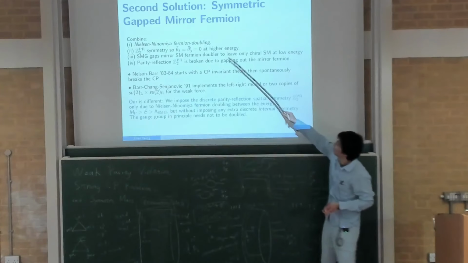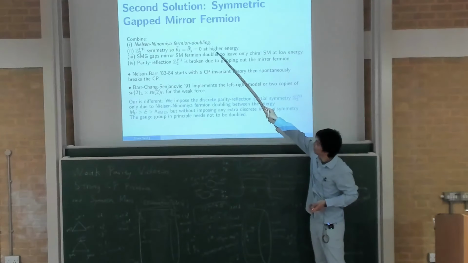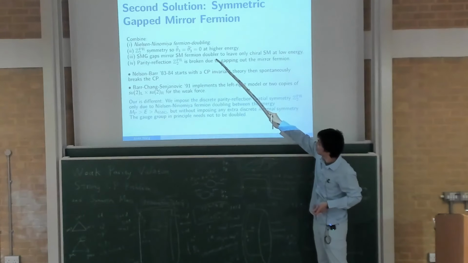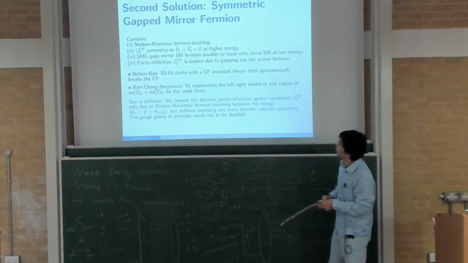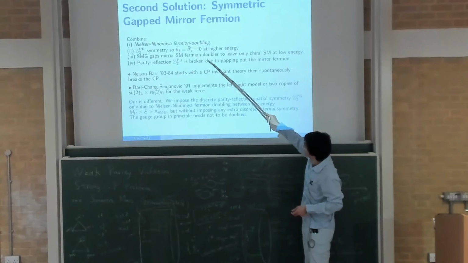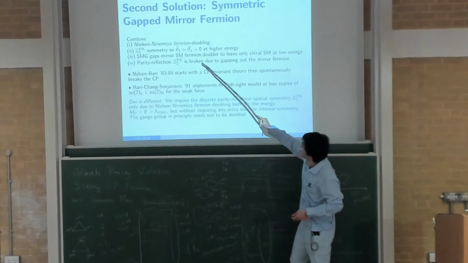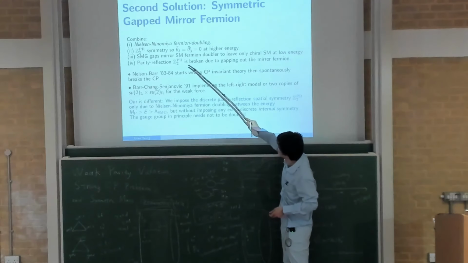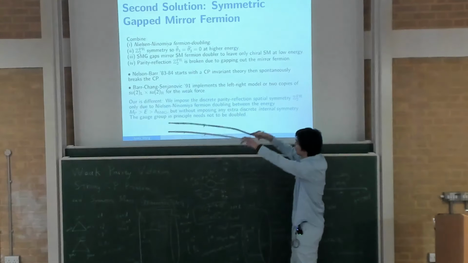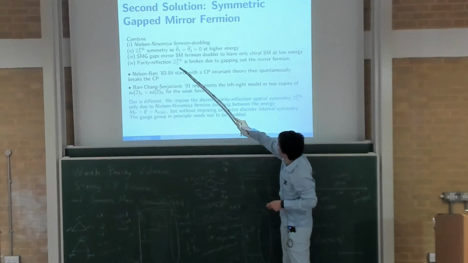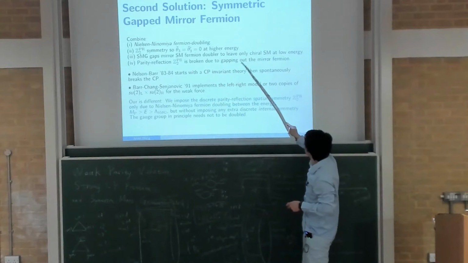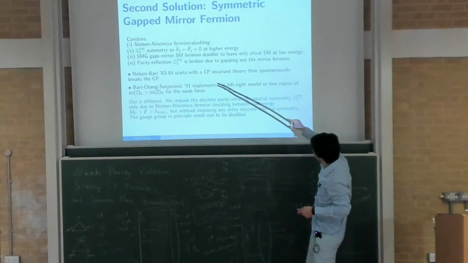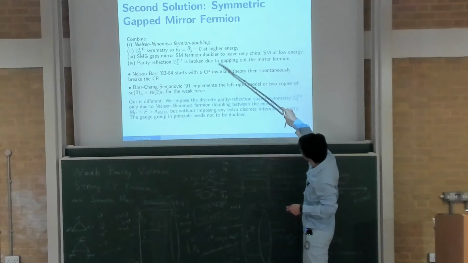Well, the disorder idea is what we use, but combined with getting rid of Nielsen-Ninomiya fermion doubling, which is related to weak parity violation and to lattice chiral fermion regularization, and then try to rotate the theta away, but due to the SMG, a disordered theta. And also combine the idea of the parity reflection symmetry preserved at high energy as a more symmetric high energy theory. Then parity reflection is broken due to the SMG gap. So combining these ideas, actually these are the ones we talk about today.